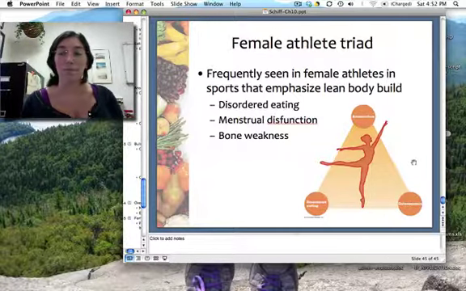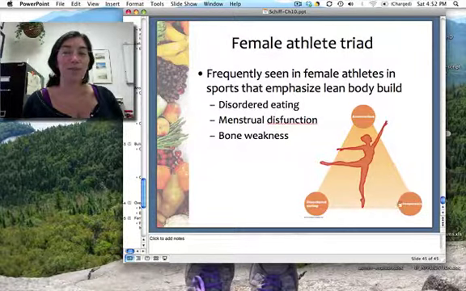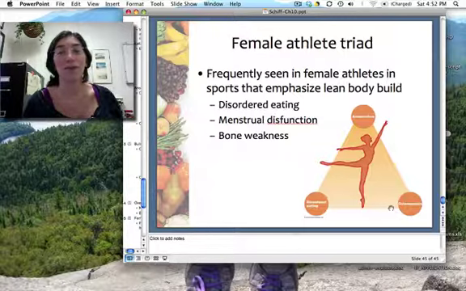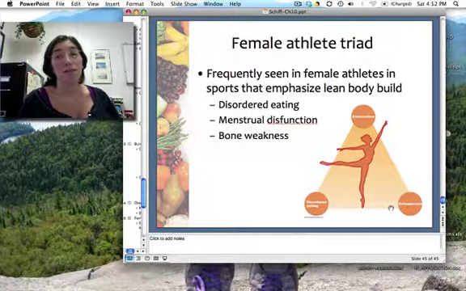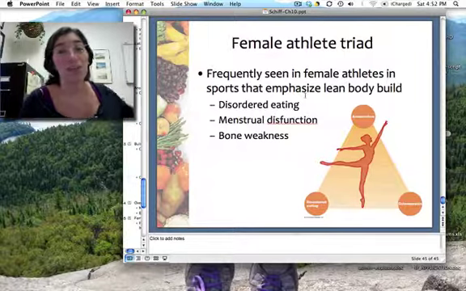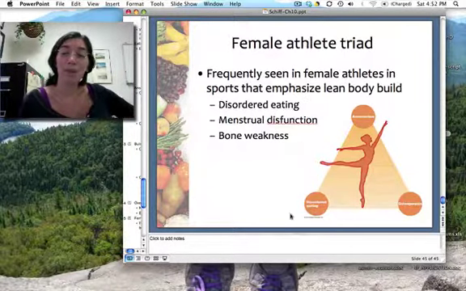So something to definitely look out for if you're a coach of these type of sports, if you participate or you have children that participate in these types of sports. There's very high frequency. The frequency in these sports is much higher than in the general population. So that is